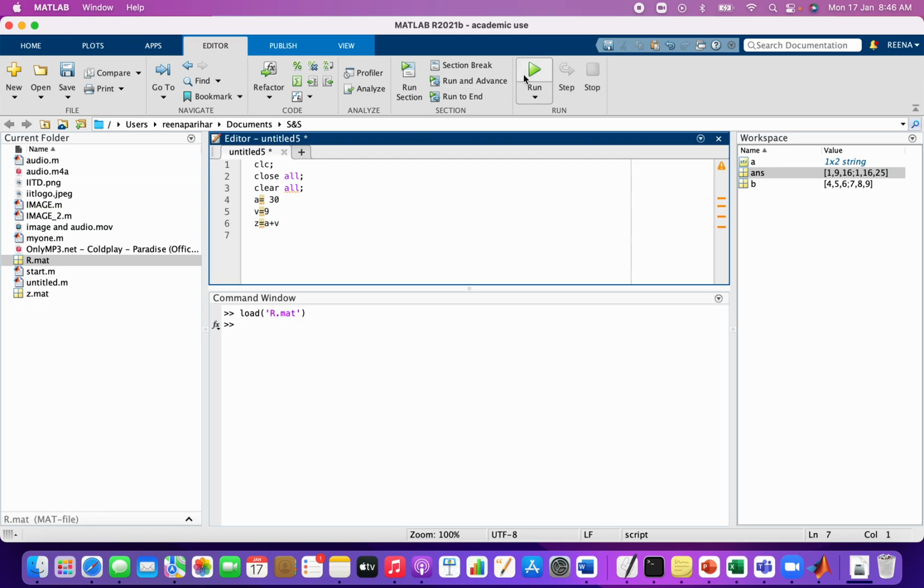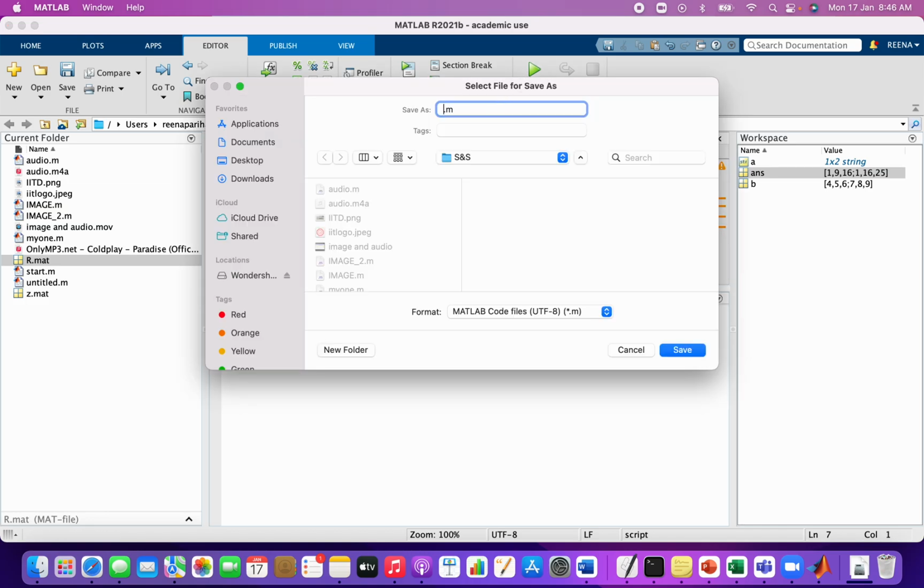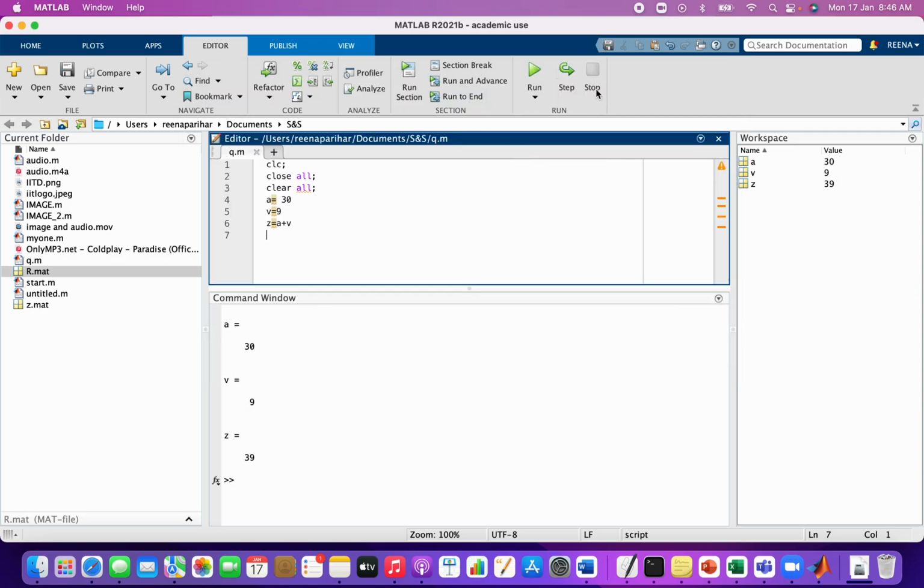So when you run this one, you'll see all the things here in the command window. So z is what they added up, right? A and b. Suppose you don't want to see a and b in the command window, you want to suppress it, just put a semicolon here and then run. So now you'll see the 39 only, the output. So this way you saved your command window from so many variables, right?